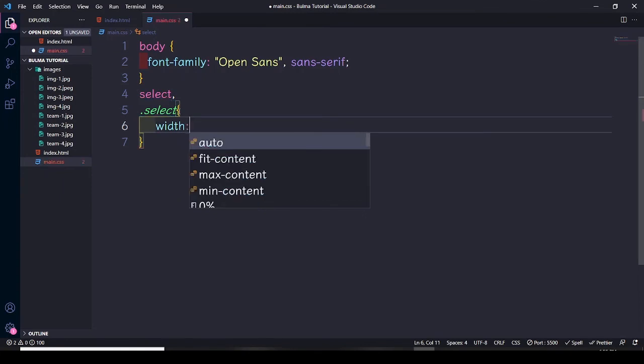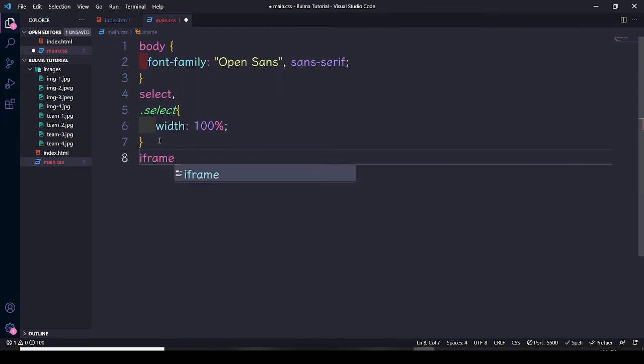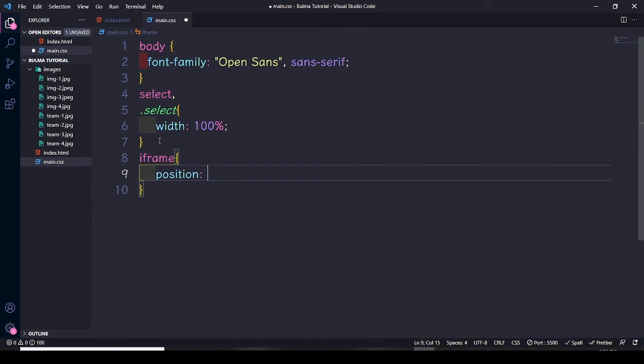The width of this is going to be 100%, and let's use the iframe. It's not a class, sorry, iframe, and position is going to be absolute,